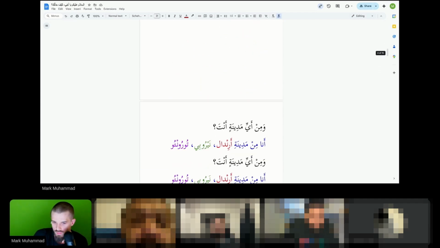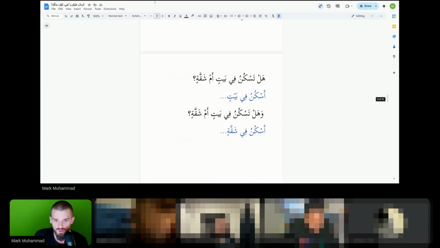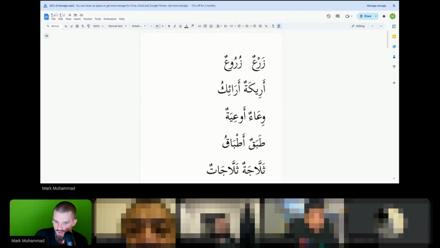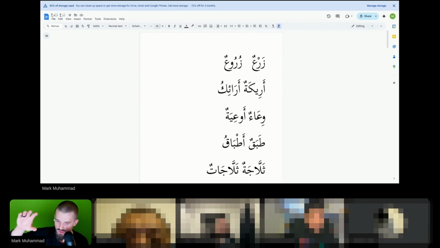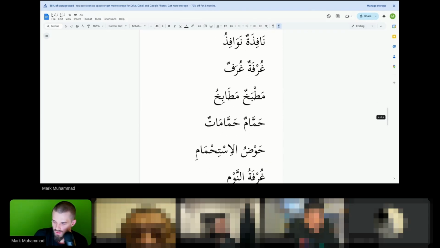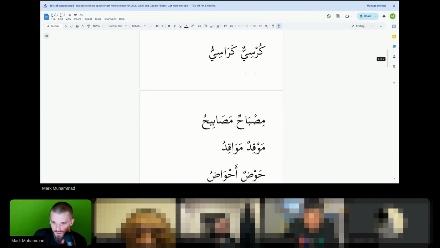What I've done is I've added a bunch of stuff that we want to go over today, inshallah. And then we've created a vocabulary list right here about the topic of the home. So when we go into the house, these are all the words that we would ideally want to be able to use in the house. So we'll go over that today, inshallah.